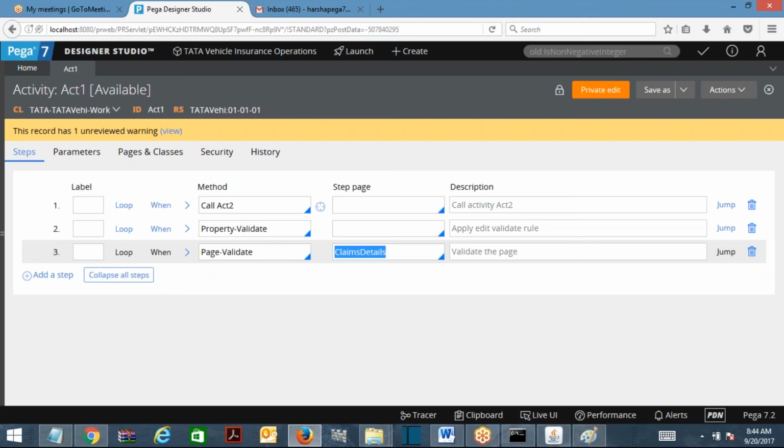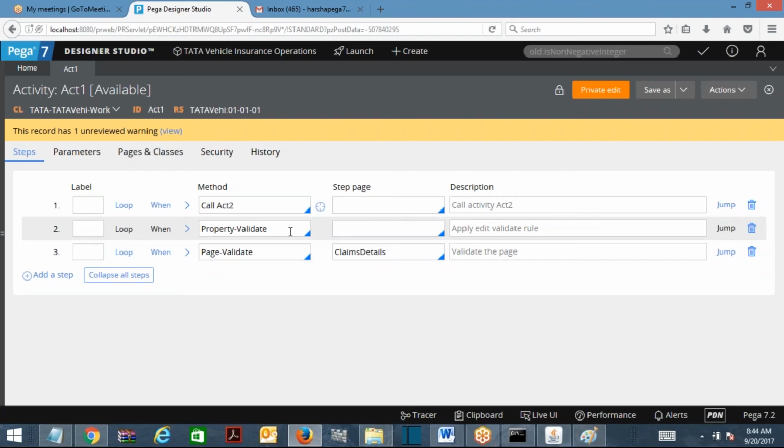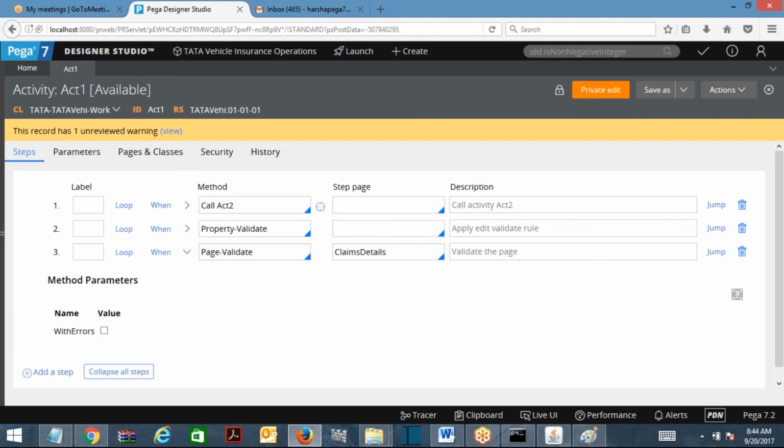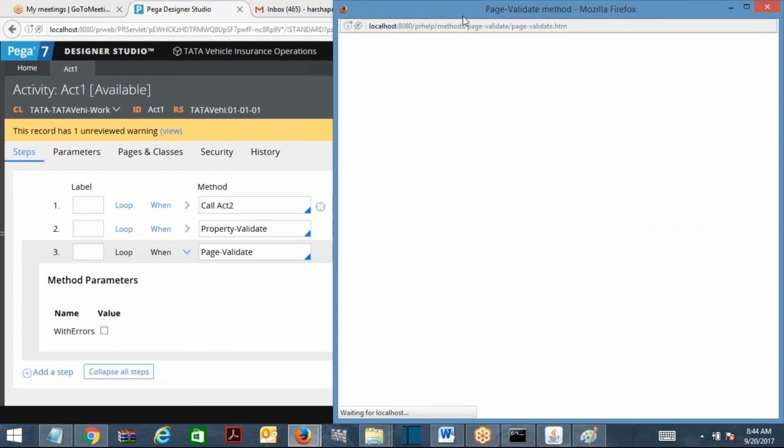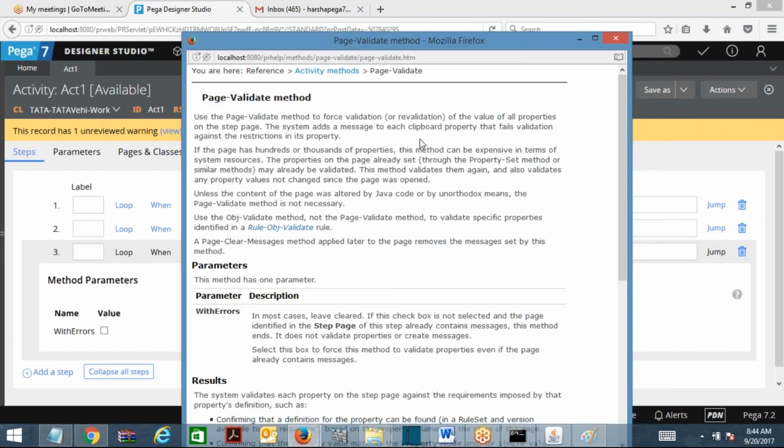Here also your edit validate is server side validation. So edit validate you can call by using property validate method, and if you use page validate method, so page validate is going to, look at here, hang on. Use page validate method for forced validation or revalidation you can perform again, of the value of all properties on step page. So the system adds a message to each of the clipboard properties if the validation fails against the properties.